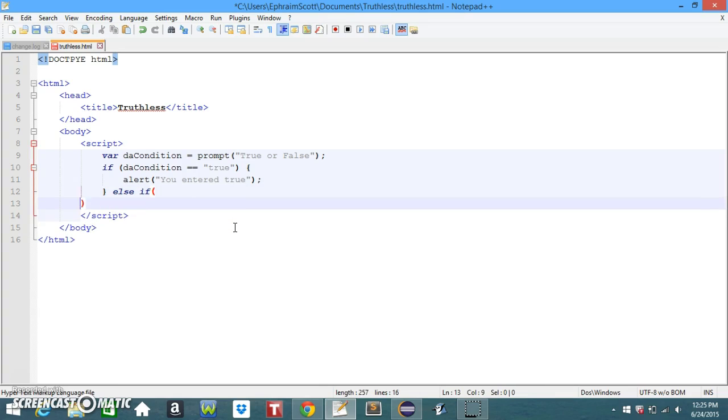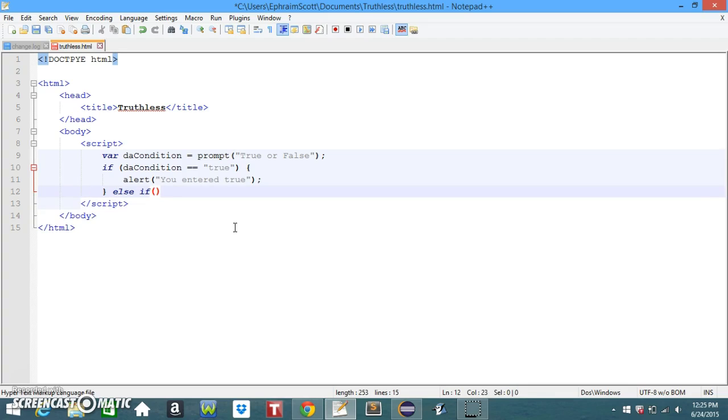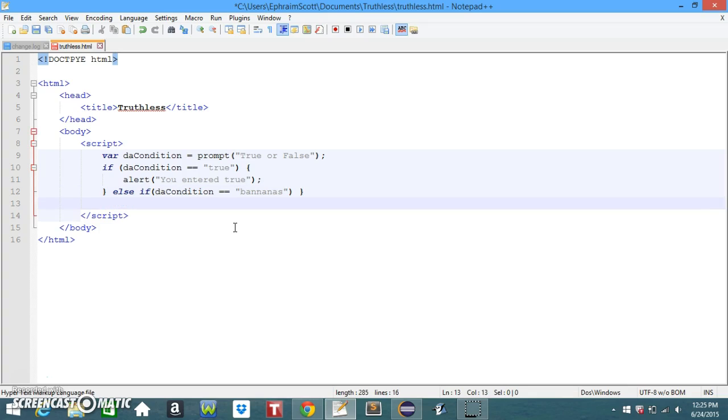So the else if statement, else then space if, and it's basically the same thing. So else if, and then let's have another thing. The condition is equal to bananas. So if you entered in bananas, then